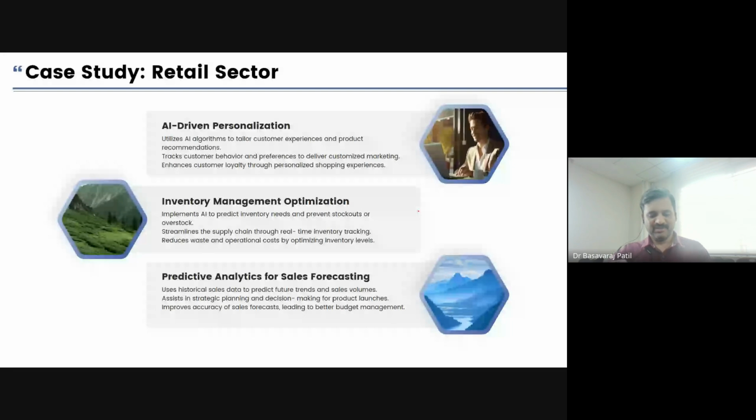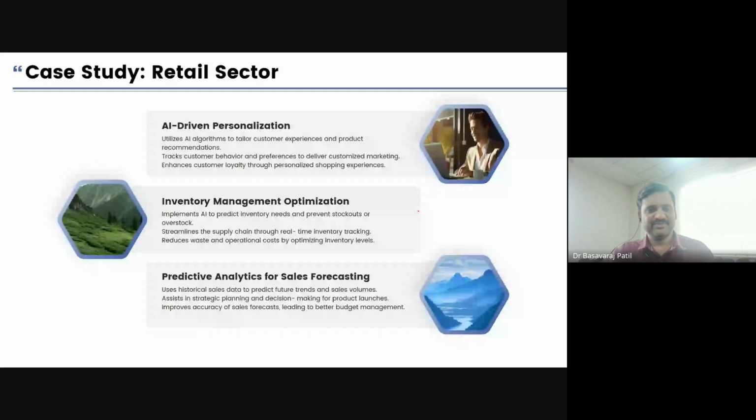If in one particular domain the number of sales is reduced in a particular area, they will analyze. AI-based analysis is available so that you know what your future will be, whether I'm going to sustain my market in the future, or I need to make changes to my existing application. So all these different varieties of personalization are considered in the retail sector.